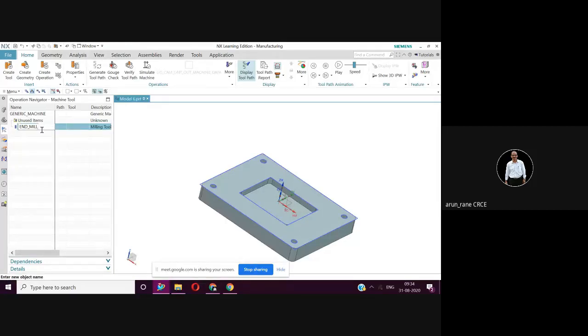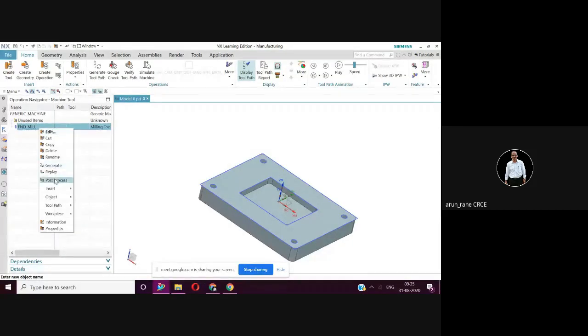If I leave a space here, it will give the error. So end mill dia, enter, it will give the error. See, the specified name contains illegal characters. The name must only consist of letters, digits, periods, underscores, and dashes. So the space is not allowed.